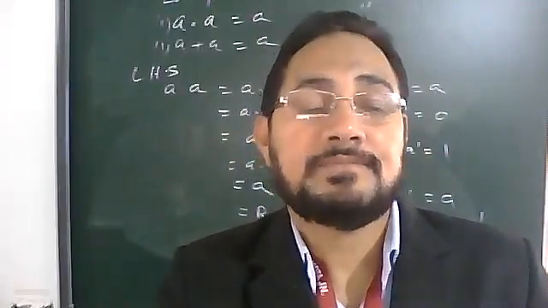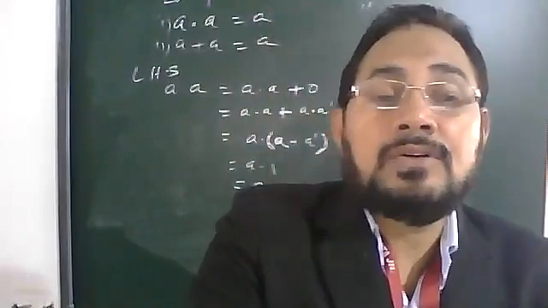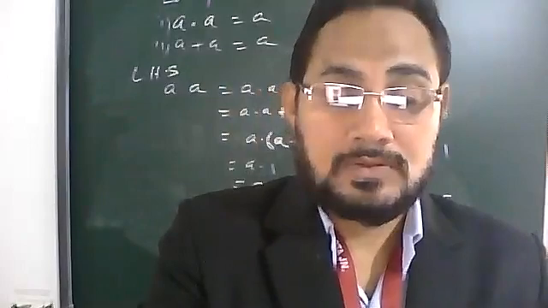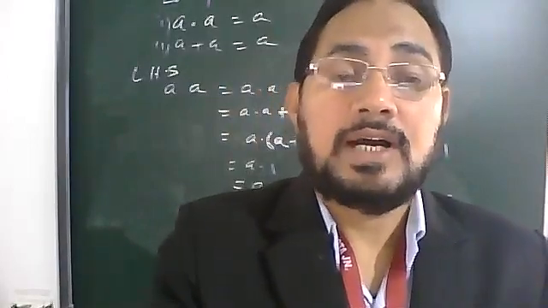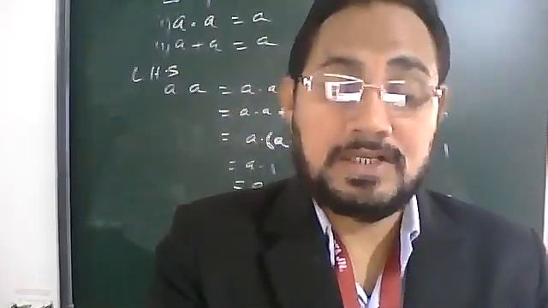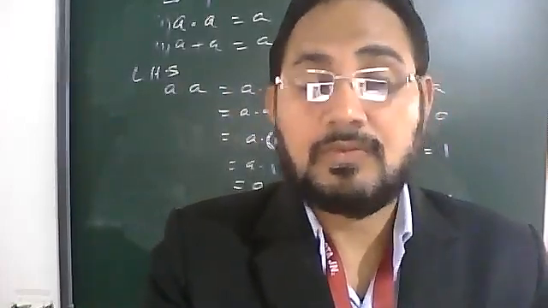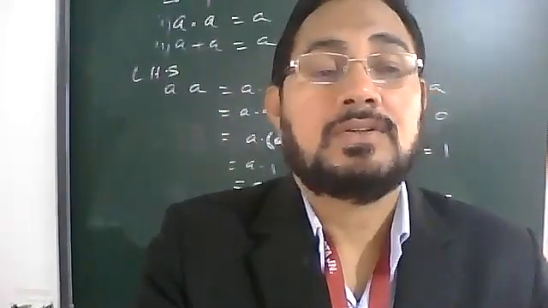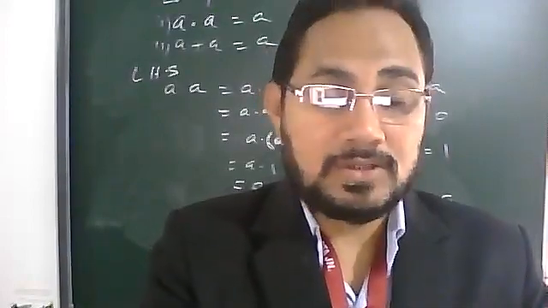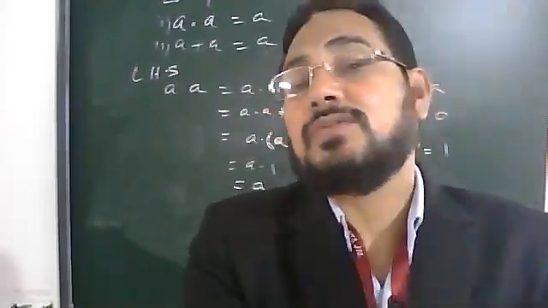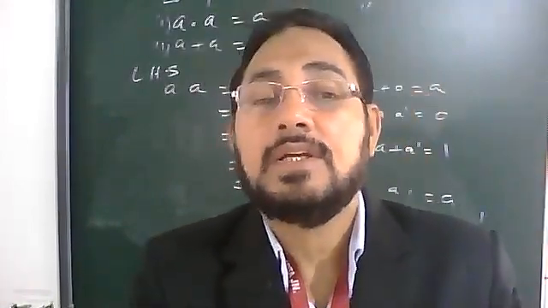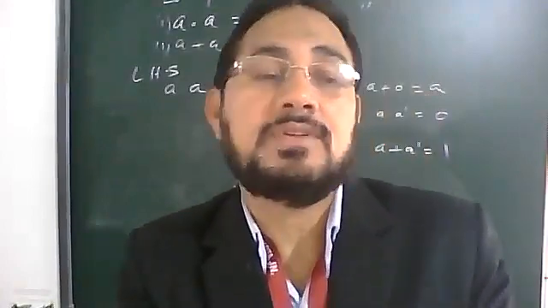Now if I say select asterisk from student where RNO equals to 1 and suppose RNO equals to 5, this cannot happen, so the result is empty because both should be true. But if I write or here, then one result will come because one of the conditions is true. That is the basic difference between or and and operator. With and, both the values must be true, with or, any one of the values being true is enough.